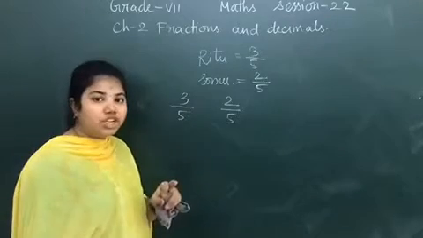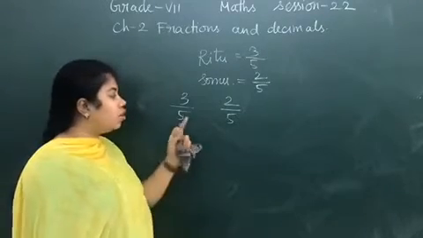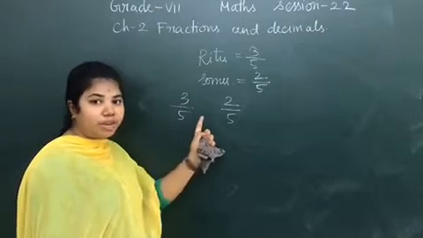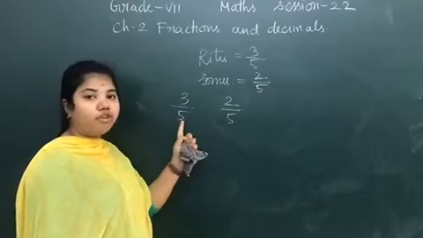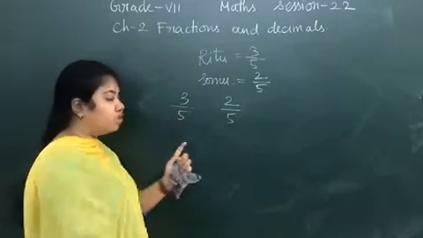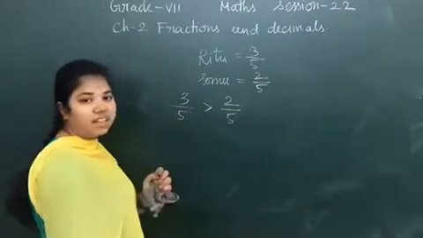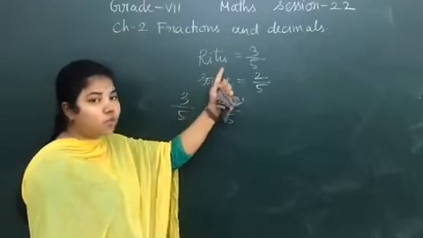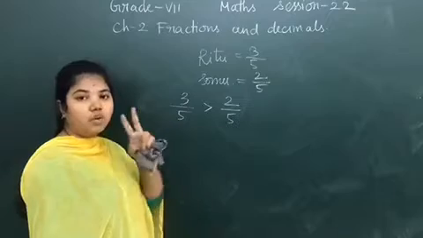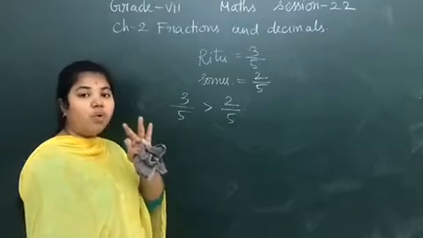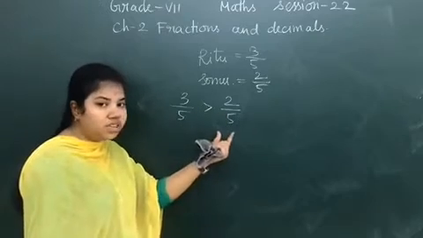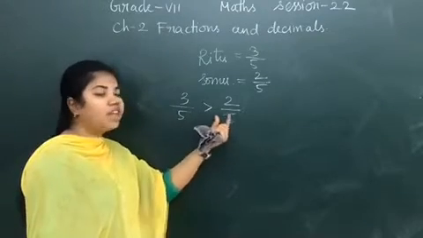Even for comparison of fractions, what do you have to notice? You have to notice the denominators. See the denominators? The denominators are the same. So I have to compare the numerators. The numerators are 3 and 2. So obviously 3 is greater than 2. So Ritu's part is larger than Somu's part. Okay, so question number 2 is over. Now question number 3. By how much? So how much is Ritu's part more than Somu's part?